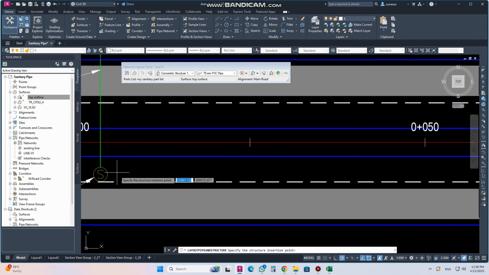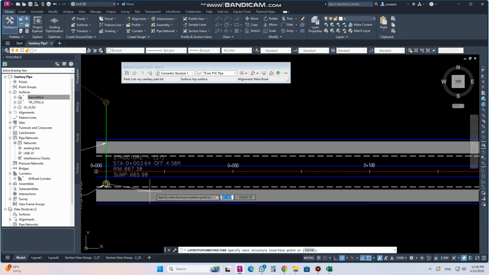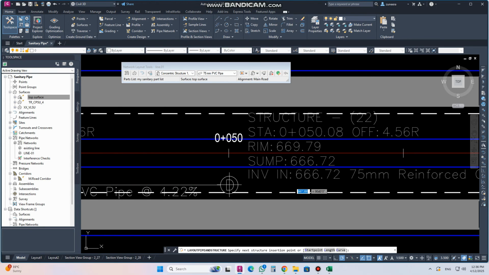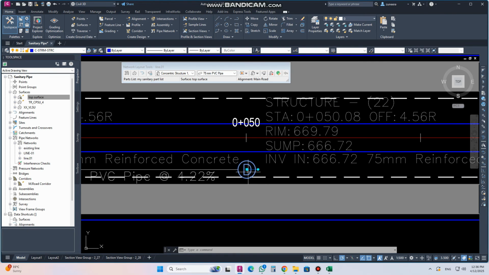Let's start from this area. Let's start from the manhole, this one. Let's suppose I am creating here, and then create one manhole here. Okay, now just let's escape. As you can see,